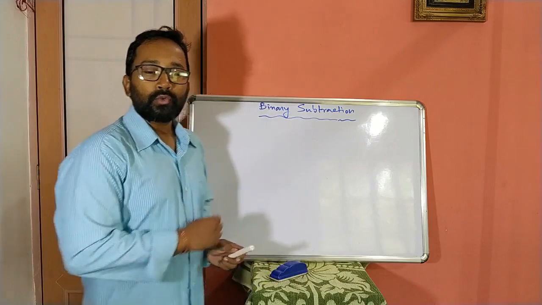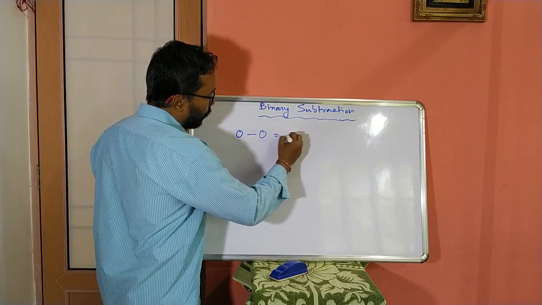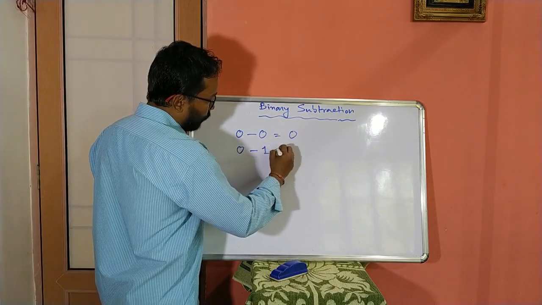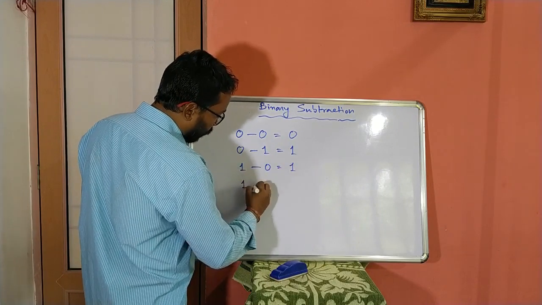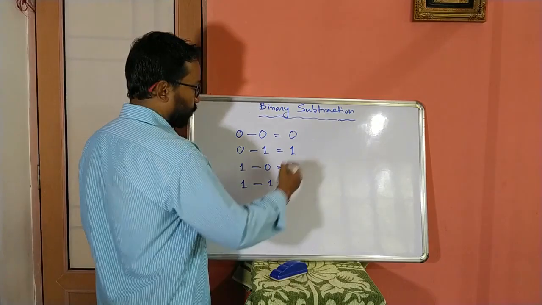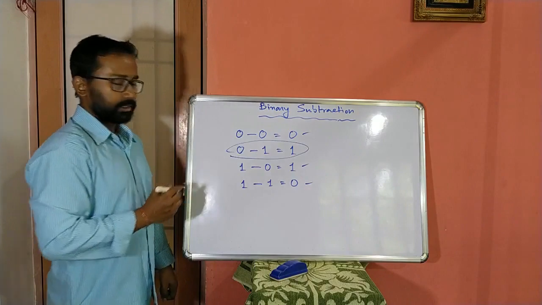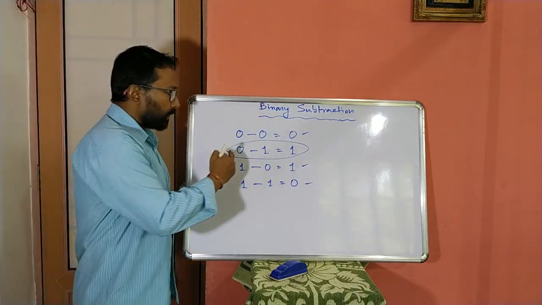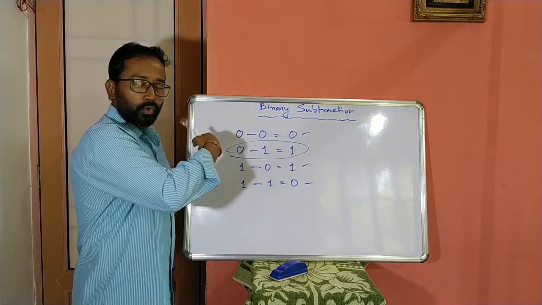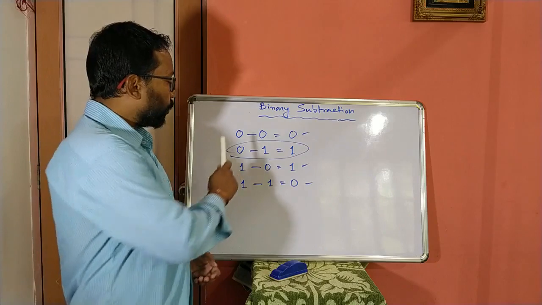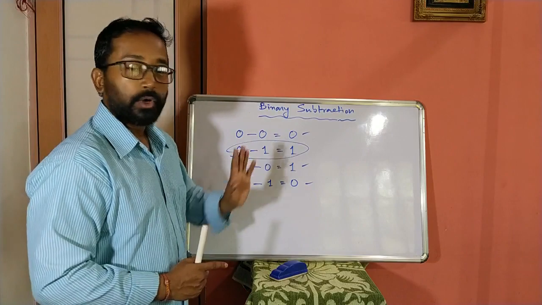Binary subtraction. So the rules to be followed to perform binary subtraction are 0 minus 0 is 0, 0 minus 1 is 1, 1 minus 0 is 1, and 1 minus 1 is 0. So these three are same as decimal, only we have to focus on this 0 minus 1. So in decimal 0 minus 1 means 9, but here 0 minus 1 gives 1, which will borrow 1 from its previous column. You know that number is borrowed when 1 is subtracted from 0. So here 0 minus 1 is 1.